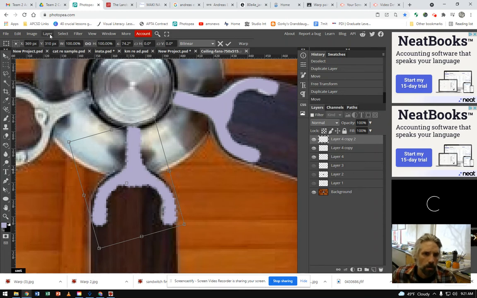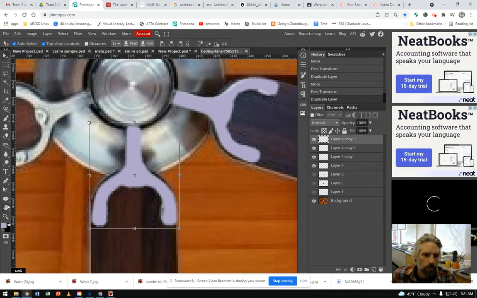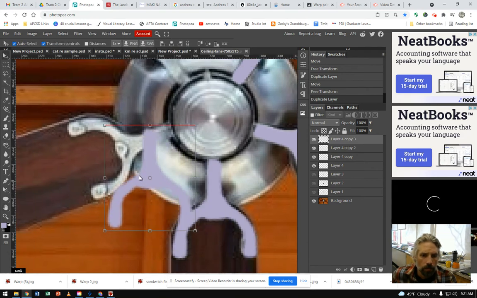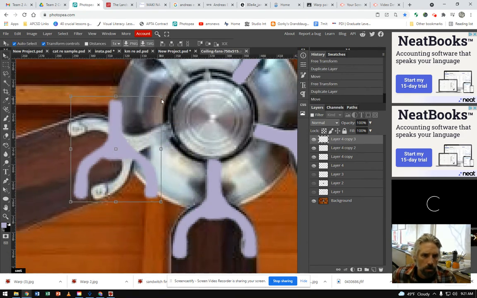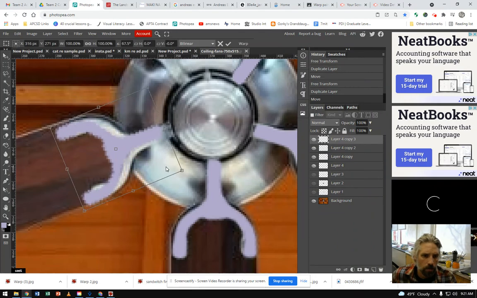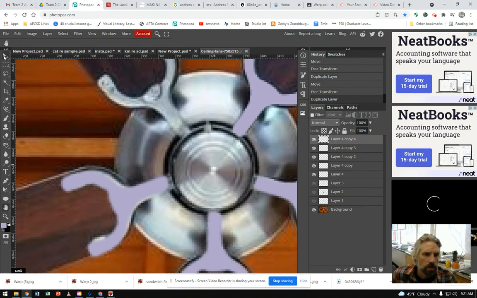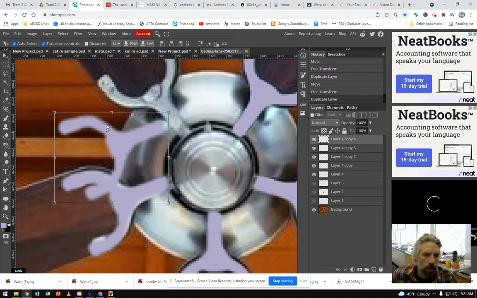And now I'm going to go to Layer, Duplicate Layer, take my Move tool, bring it up here. Transform control is turned on so I can rotate this, put it into place. One more layer, duplicate layer, take the hand tool, move myself up there. Now I'll take my move tool, pull off that new layer,